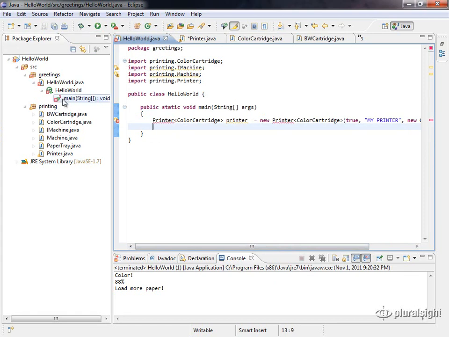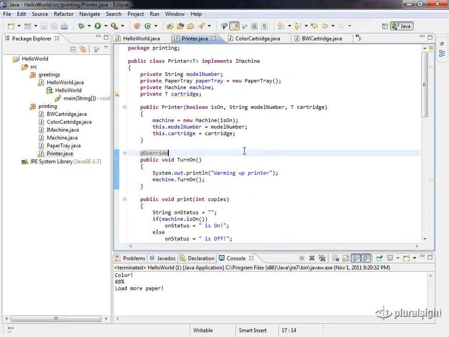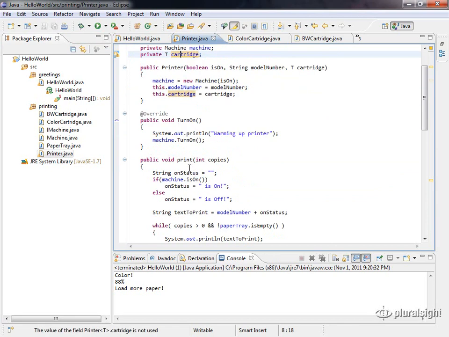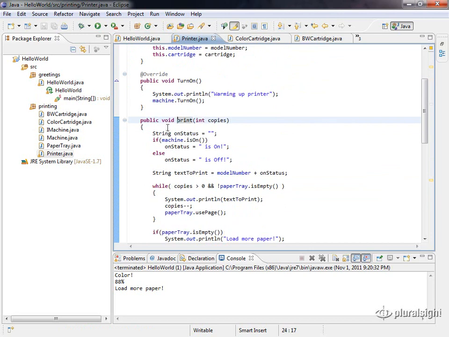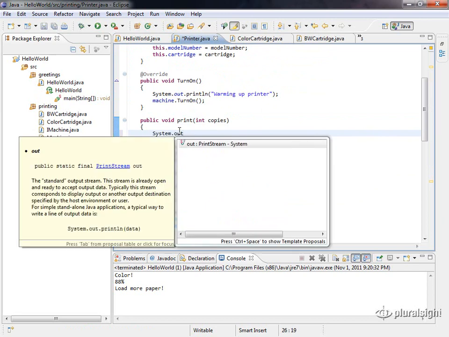I'm going to get rid of the machine references here. Now let's actually use this, and this is going to have a little bit of a limited use right now until we find a good way to use it. So we'll go into our printer class, and we're going to use this cartridge in a very simple way. When we call our print method here, if you remember this print method that prints a number of copies,